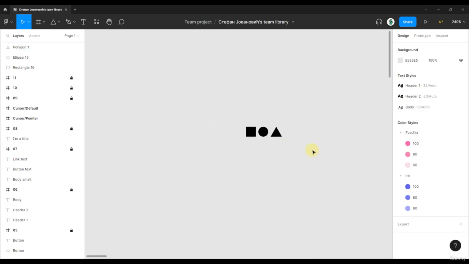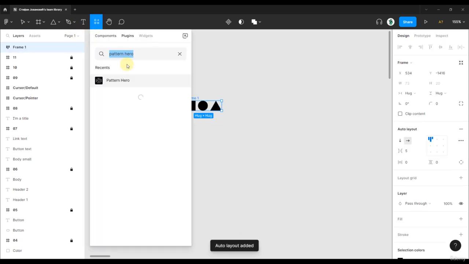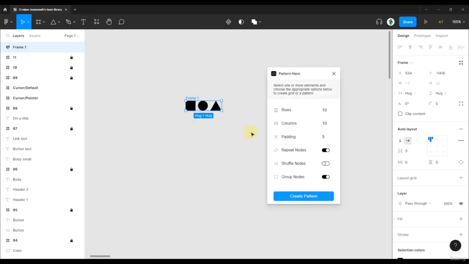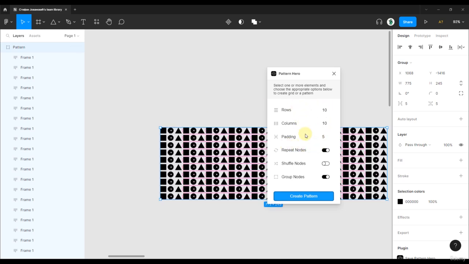And now what we can do, we can just select those three, for example. We can create a frame out of that, so Control A or Shift plus A. Let's choose this plugin, and here we can specify how many rows or columns we want to duplicate this actual frame and create a pattern out of it. So for example, I'm going to leave that as it is, click Create Pattern, and there we go. So now we have created here 10 rows and 10 columns with a padding of 5 between all those frames,